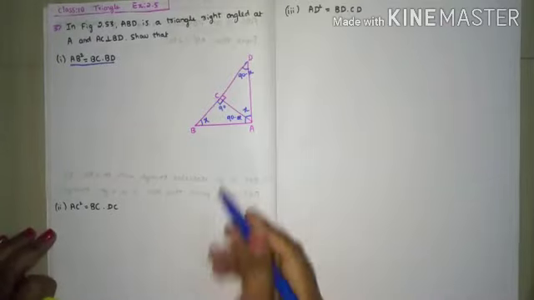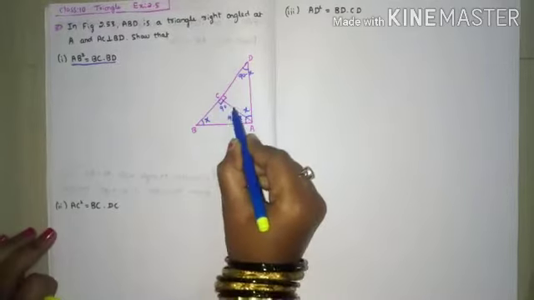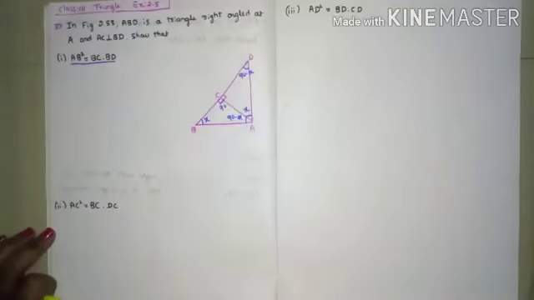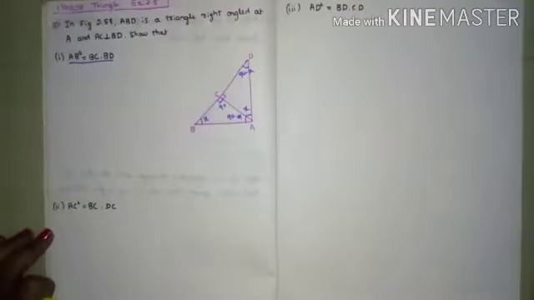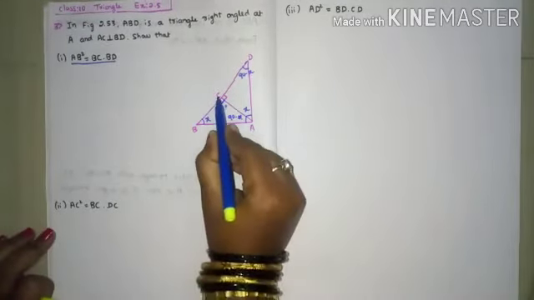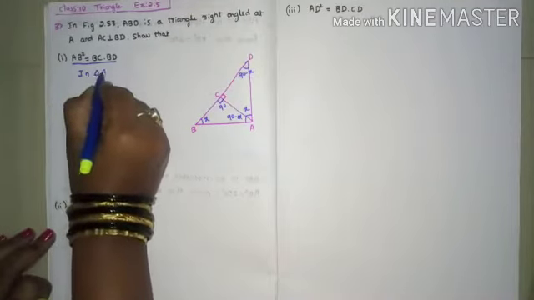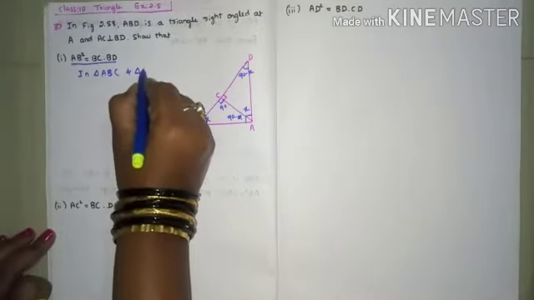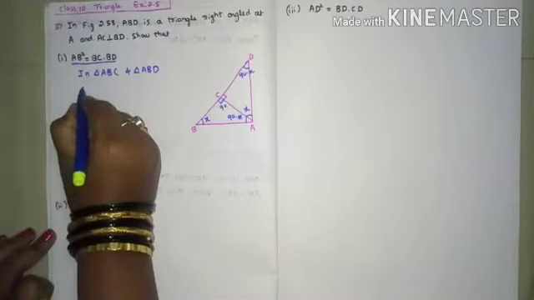And already we know that in a right angle triangle, from the right angle vertex, if you draw a line, this line will divide the triangle into other two triangles. Those two triangles are ABC and ACD here. And these two triangles are similar to each other and these two triangles are similar to the bigger triangle. In the note we have seen already. So now we have to consider the triangle ABC, the smaller triangle, and triangle ABD, and by that note we know already these two triangles are similar. That one we will write directly.